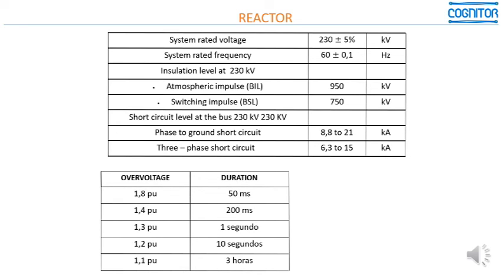This is a curve that intends to check from a small temporary overvoltage, as in the case of 1.8 per unit, to the normal overload currents which occur, for example, 10%, 1.2 per unit along 3 hours. This kind of curve usually comes from the experience of electric power utilities in the use of their equipment.